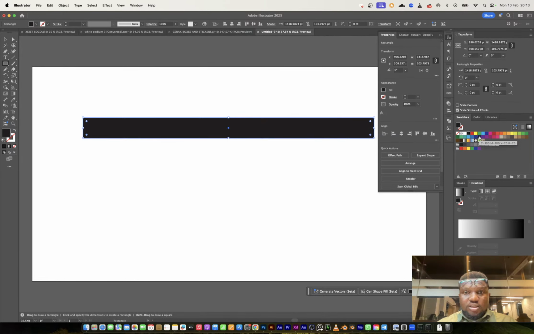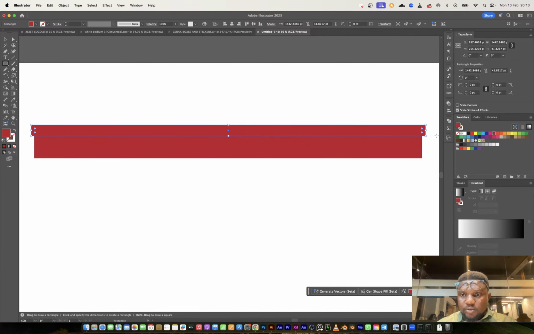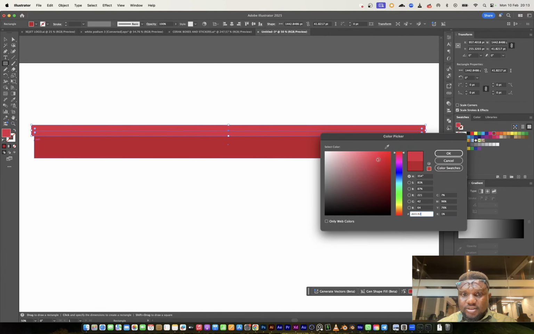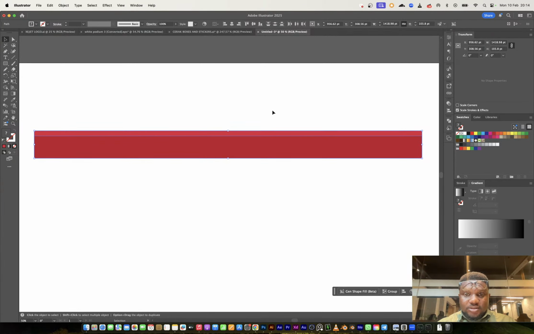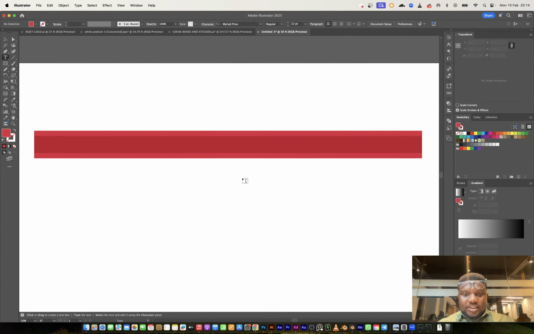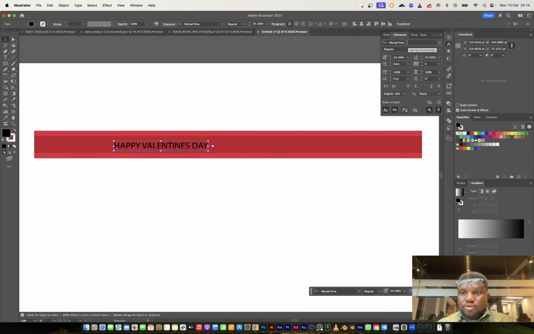Shift X. Bring in this red color, a bit dark, but it looks like what I'm going to like. Then I'm going to bring in one other red right here, and this red is going to be slightly different, just like so. So I'm going to select these two and just knock this out, and then bring this to the other side, and then look for a nice font to write Happy Valentine's Day. So this is like this, and what font will I use? I'm thinking Trojan.